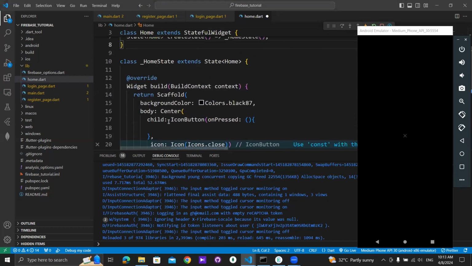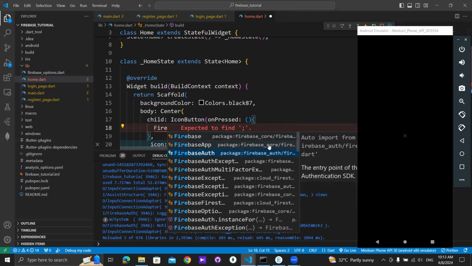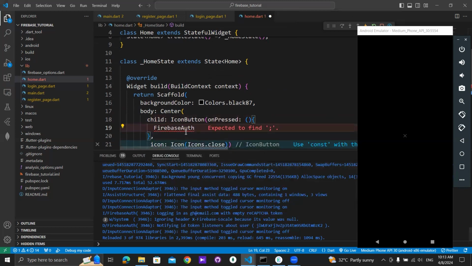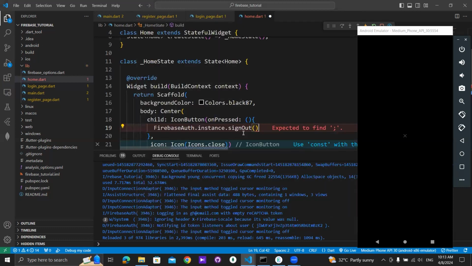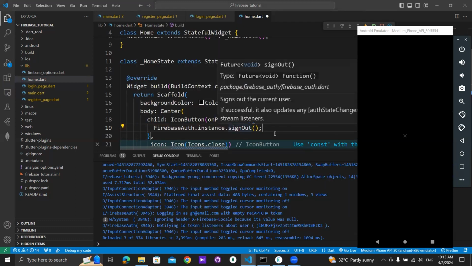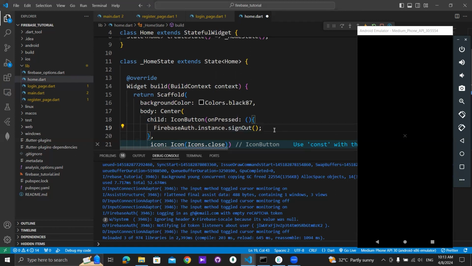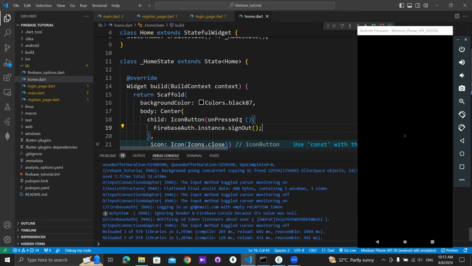So after that, in the on pressed function, you have to type this FirebaseAuth. The FirebaseAuth is coming from the auth package in Firebase. So please install it. And dot instance has the sign out property. Okay, now all are done because we create the function here in the on pressed function as FirebaseAuth